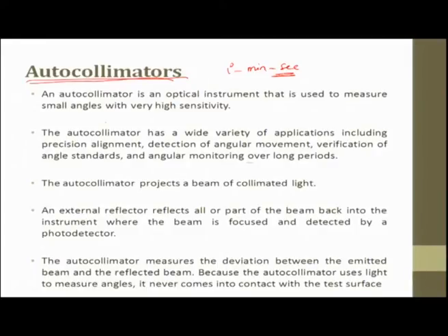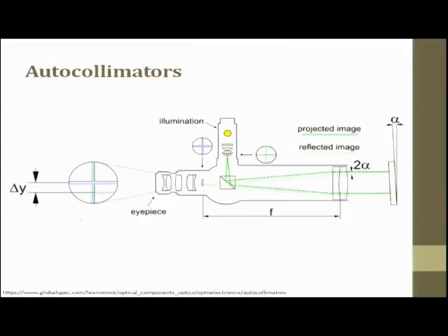So when I say autocollimator, the moment I say collimate, there has to be a light. So in an autocollimator we use a beam of collimated light. Reflection is used. So this is an autocollimator. What we do is we illuminate light. This is a beam splitter. So it hits the object or reference, and then this gets projected back. This is reconstructed, and then we watch it through the eyepiece.